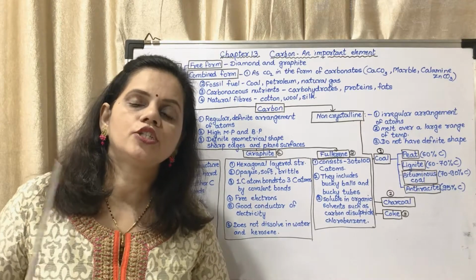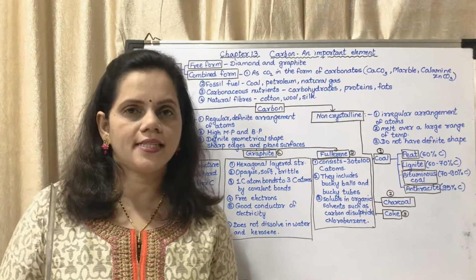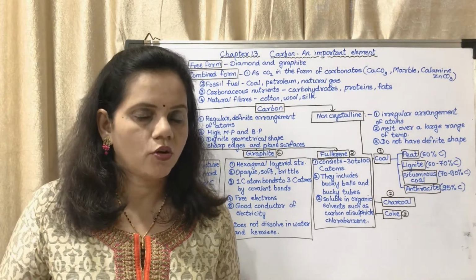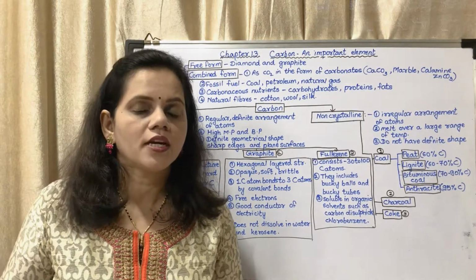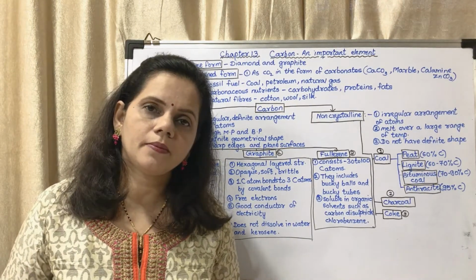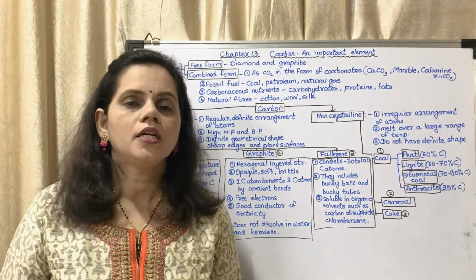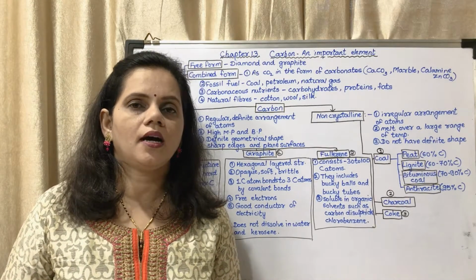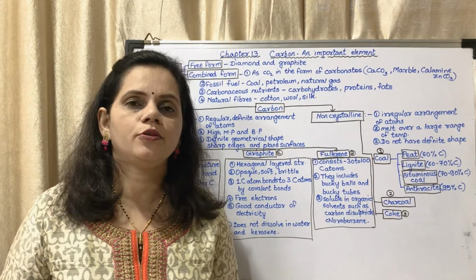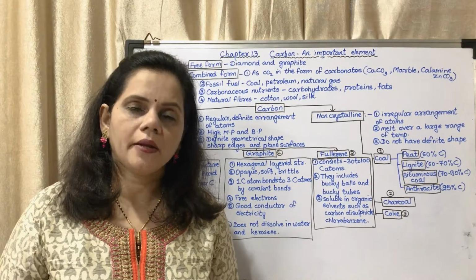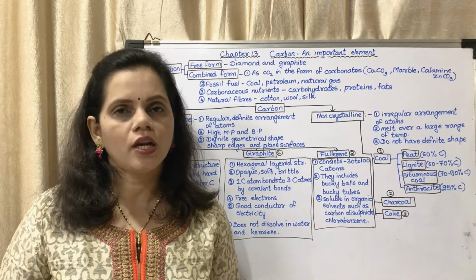Some elements show the property of existing in different forms. Those forms are said to be allotropes,